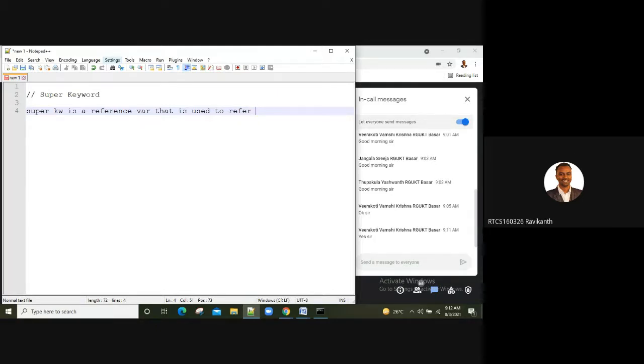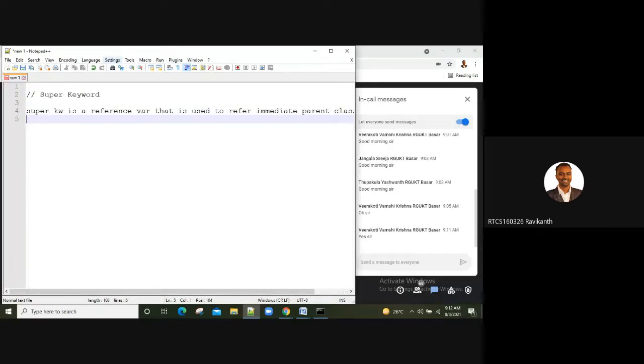Super class, subclass, parent class, child class, generalized class, specialized class, base class, derived class. Terminology we saw yesterday, right? So it is going to refer to your immediate parent class object.